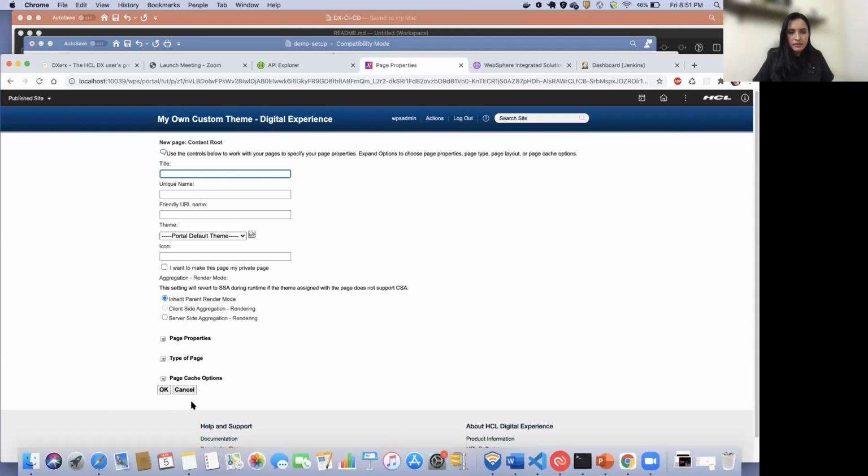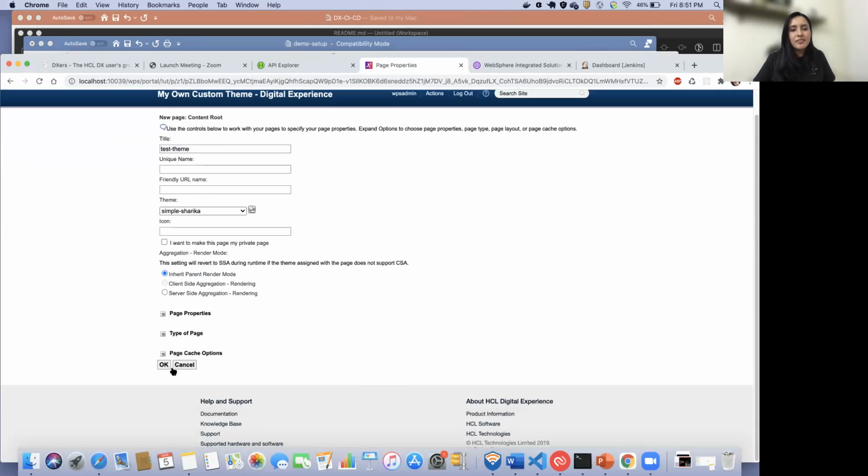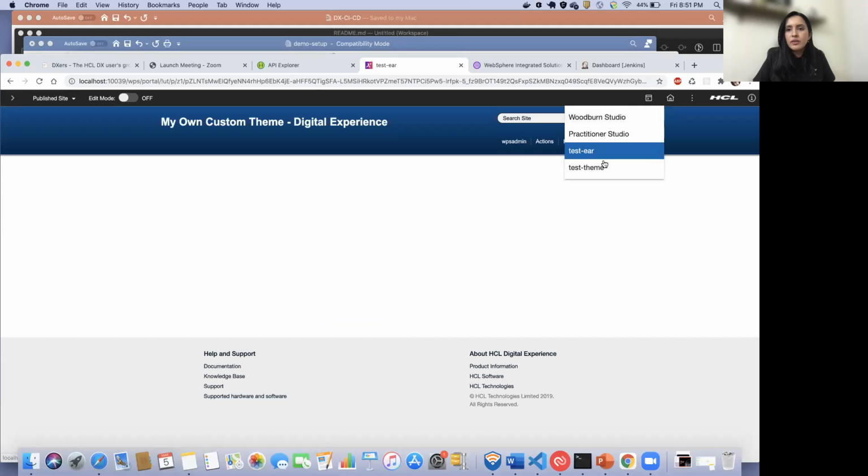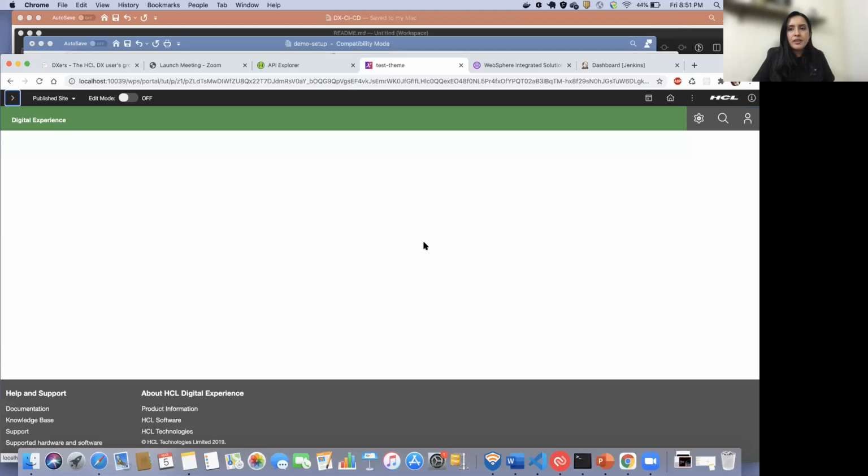I think the web dev deployment was also successful. That happens fast. So here I have the simple Charita. That is what I've given. And then so now I should have two pages here, one with the ER theme and then one with the web dev based theme as well. So very good.